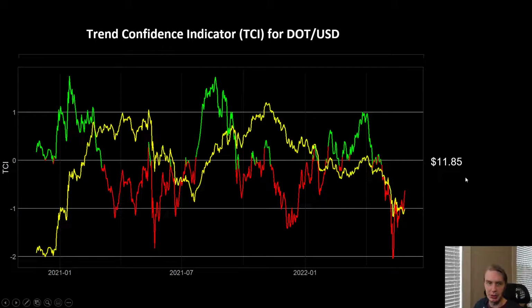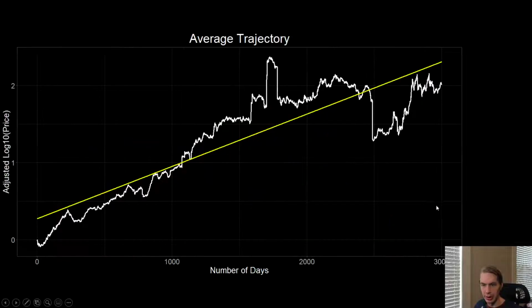So that's obviously two bearish outlooks, which isn't especially hopeful in the more immediate, short-term perspective of, have we found the bottom? From these models' perspectives, there's no reason to believe that we've necessarily found the bottom. But there are other ways that we can look at this from a more macro perspective to ask the question, is DOT still on track, even despite this pretty oppressive downtrend, the largest bear market DOT has ever seen? This is already a notably bigger downtrend than the crash going into the summer. This downtrend has been more oppressive than that.